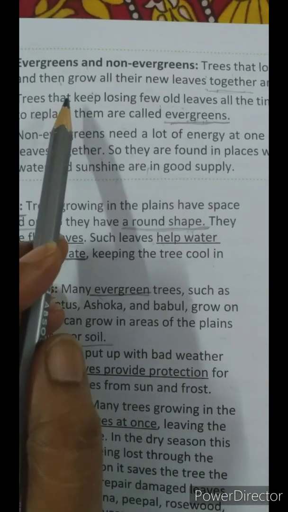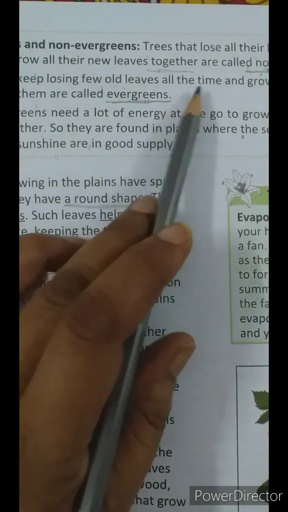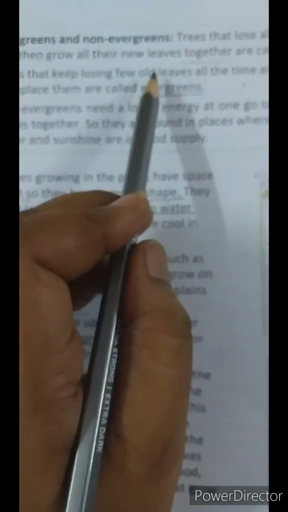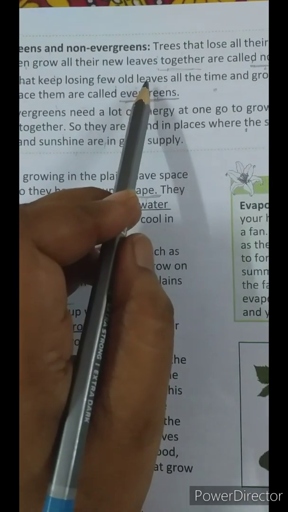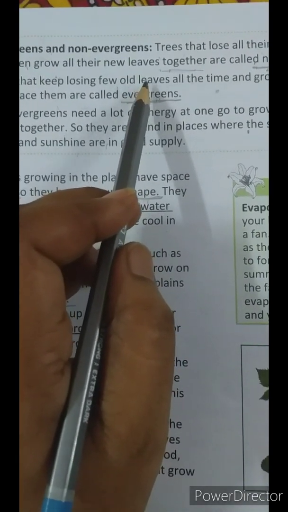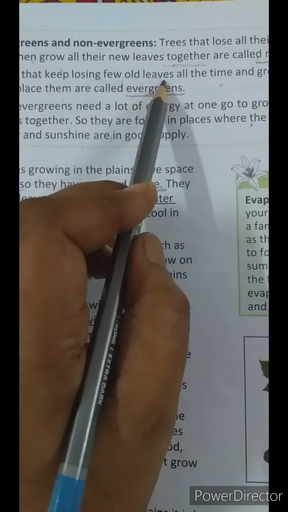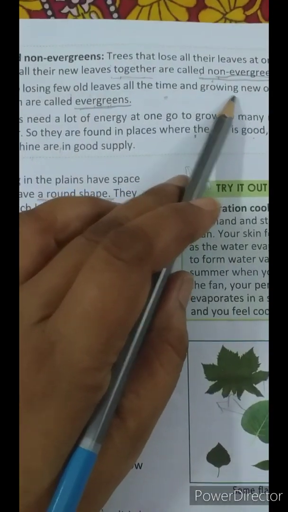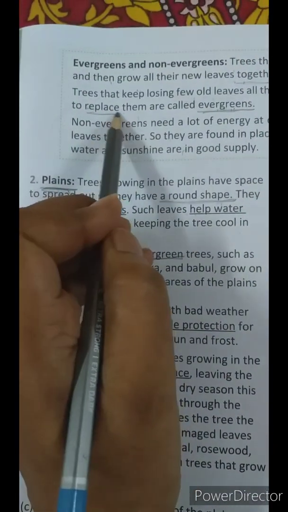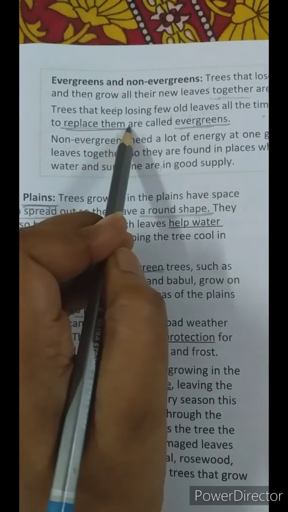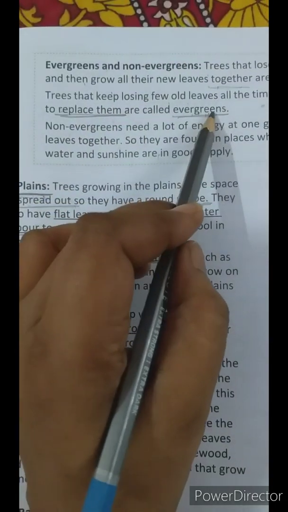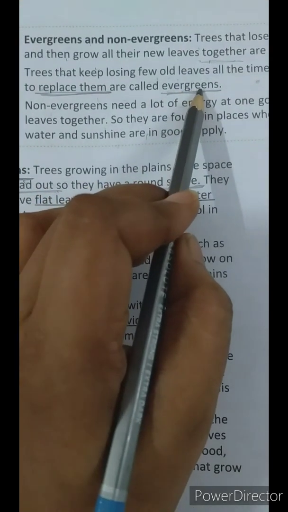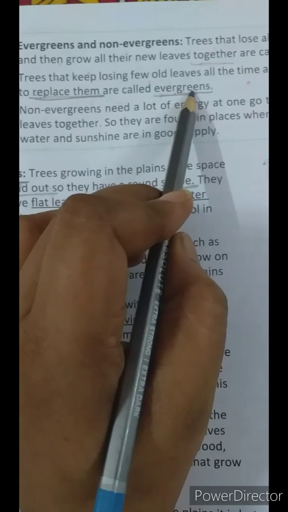Trees that keep losing a few old leaves all the time, means all the old leaves are not lost by the tree all of a sudden all together, and new ones keep growing to replace the old ones. This is the reason why you see them green throughout the year. That is why they are called evergreen.